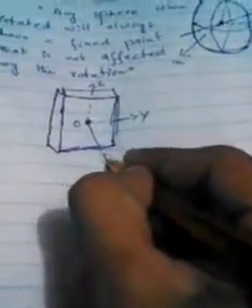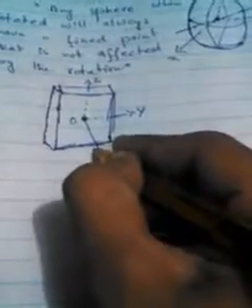So let's suppose we are fixing the x-axis, and the y and z-axes we can make rotate. If we rotate this about the x-axis by 90 degrees,